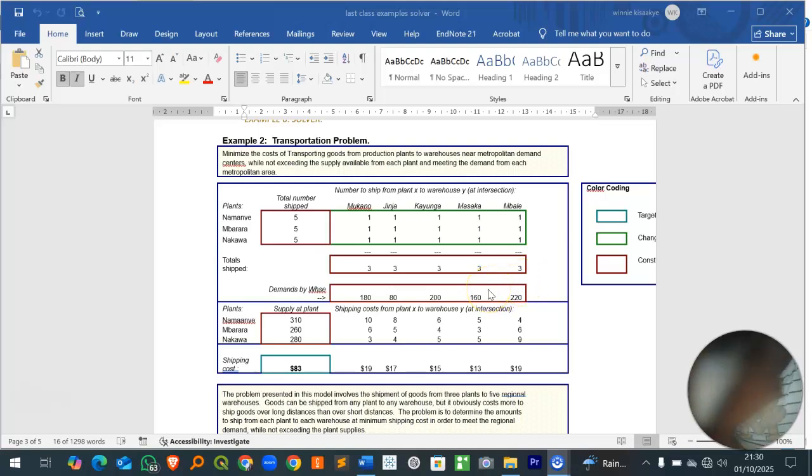So what we have to do is to minimize these costs as we make sure we don't exceed our supply, but meet the demands of the various warehouses. So what we are seeing here,